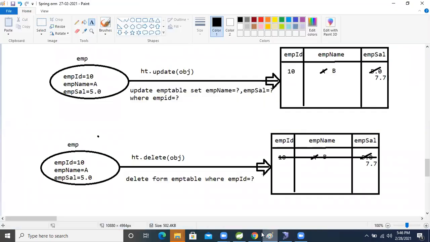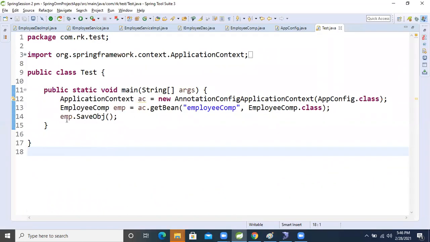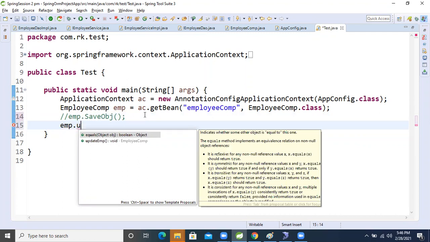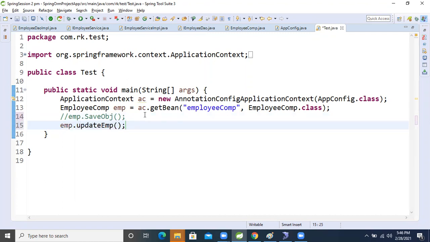Whether the data is updating or not, using the update method. So I'm commenting this method. Now emp dot update method, I'm calling that. After calling this method, let's run the application.